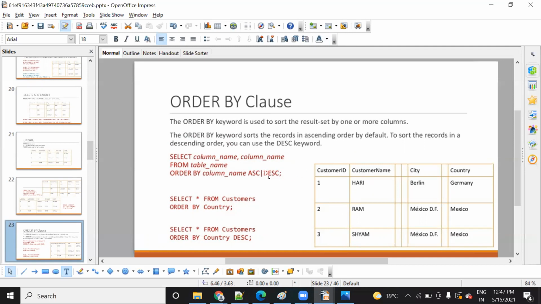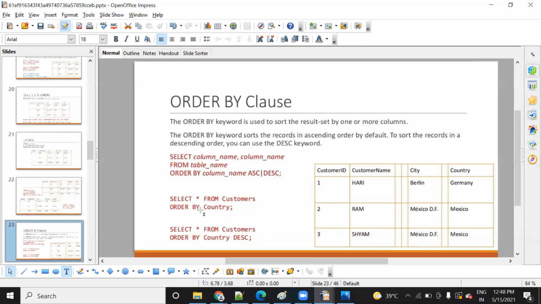If I write descending, it will arrange the whole record in descending order, based on some column.